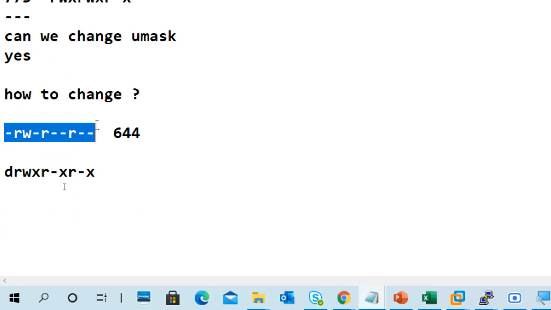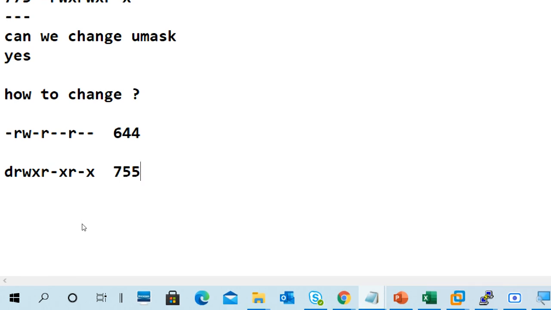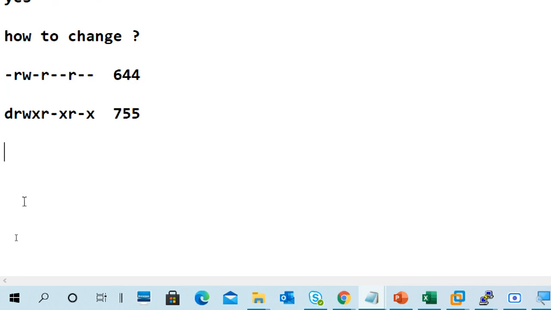I want these permissions when I create a new file or a directory from now onwards. What is this value? 755. Very good. Sorry, r-x. Okay.